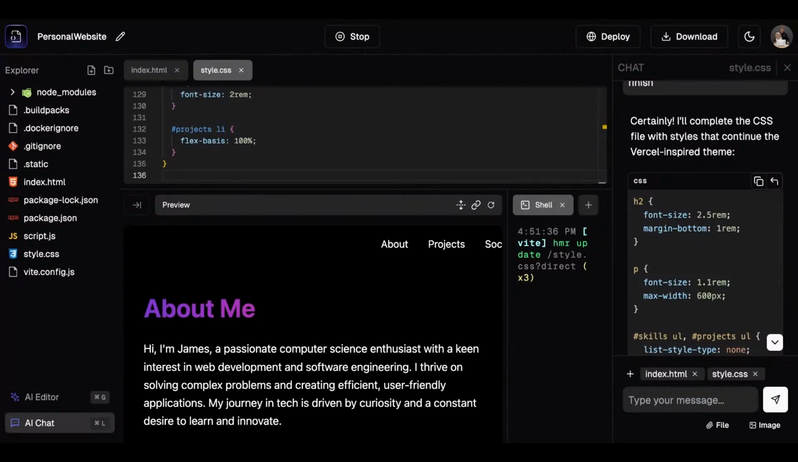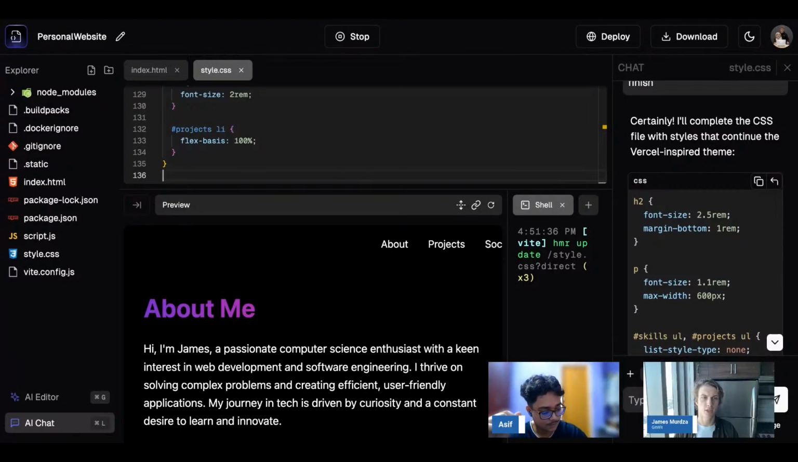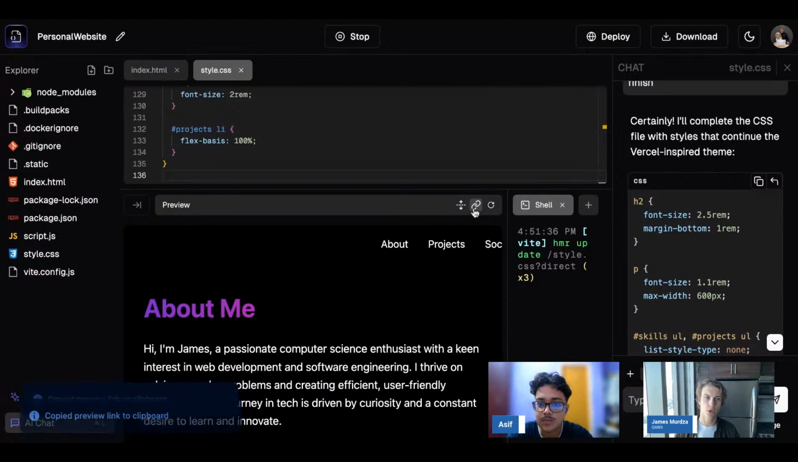Yeah, we'll fix the image feature. We'll work on fixing the image upload feature. Right now, it looks like there's a bug. Actually, now if I can copy the URL of the website here, this little preview,